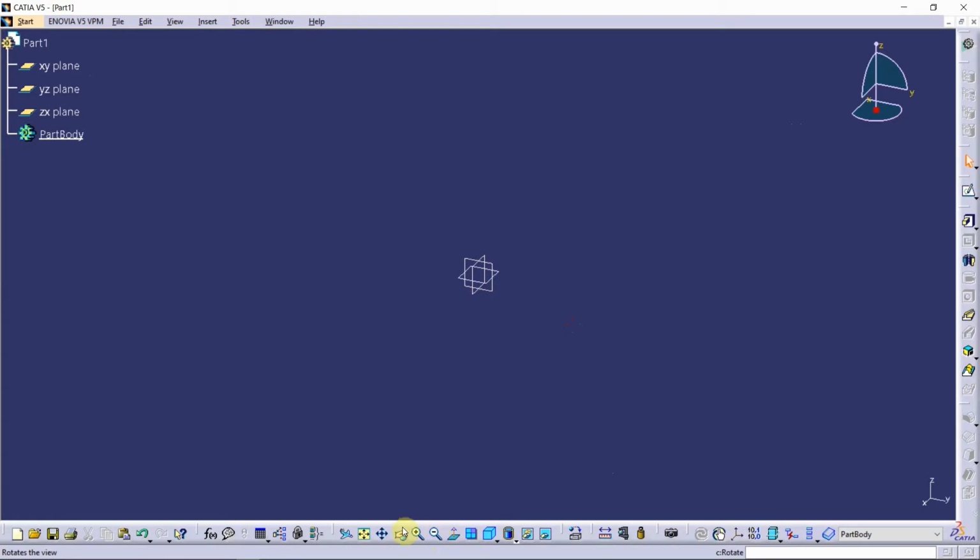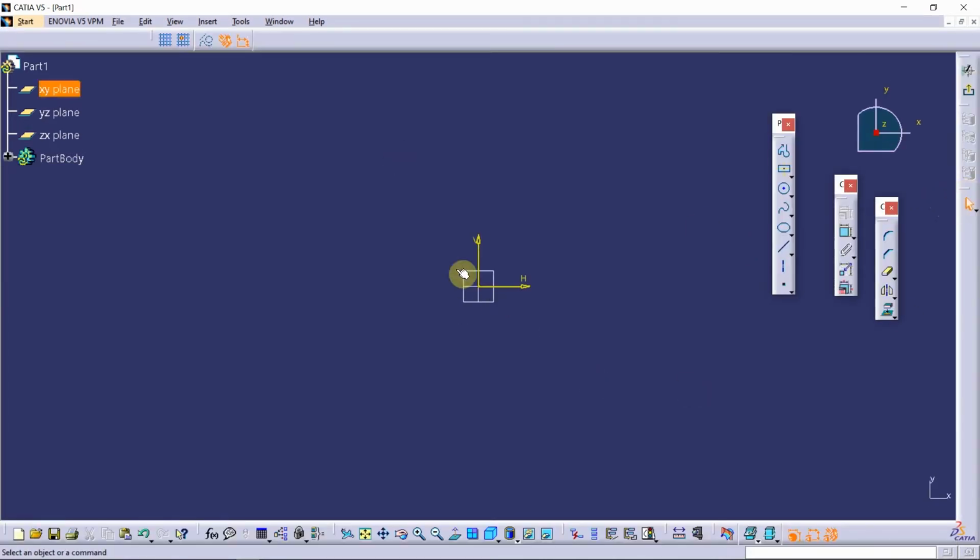On the bottom you can see some options. I'll explain these. On the right also you can see some options. This is select tool. I can select something with this tool. This is the sketch option. And these are sketch based features, which means that you can use these features once you have a sketch. As I said, the sketch is planar, which means that it will be on the plane. So I need to select one plane and I will click on the sketch option.